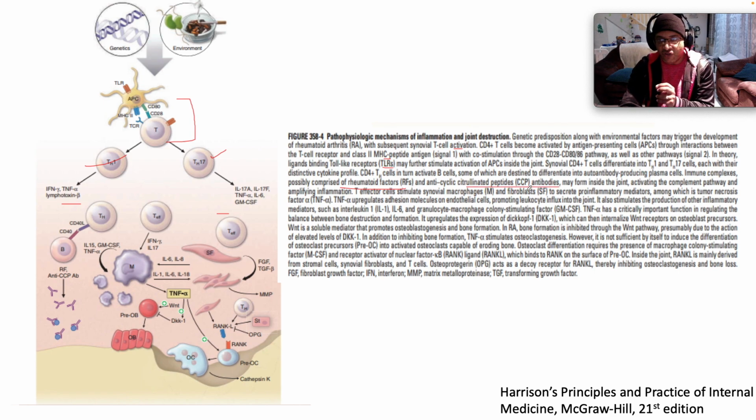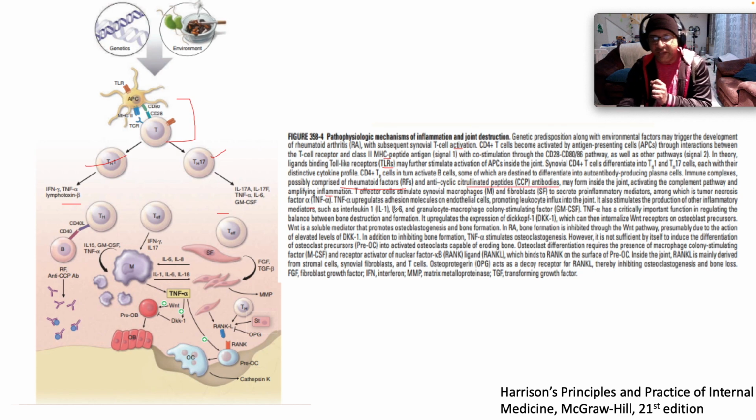may form inside the joint, activating the complement pathway and amplifying inflammation. T effector cells stimulate synovial macrophages and fibroblasts to secrete pro-inflammatory mediators, among which is our beloved tumor necrosis factor alpha. Now, TNF alpha upregulates adhesion molecules on the endothelial cells, promoting leukocyte influx into the joint. It also stimulates the production of other inflammatory mediators such as interleukin 1, interleukin 6, and granulocyte macrophage colony stimulating